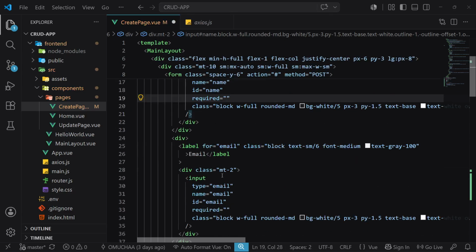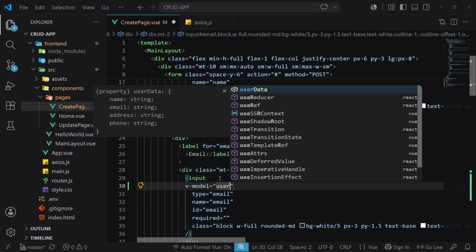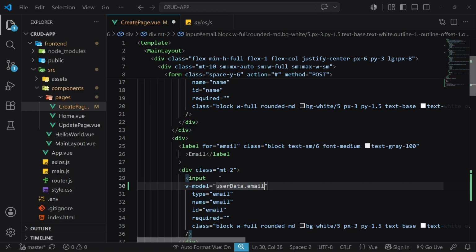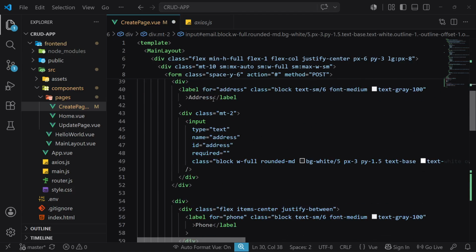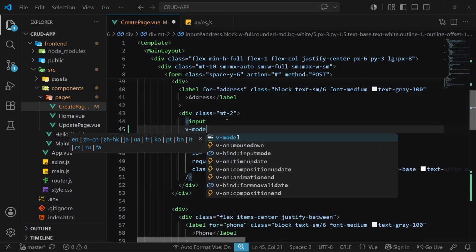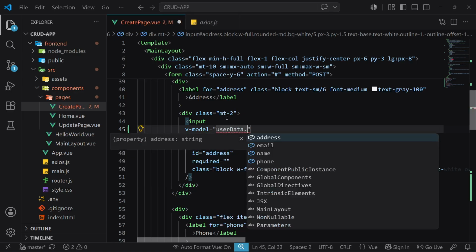We are going again on the email input, vModel, then user data .email. On the address, we are going on the input field, vModel, inside it user data dot address,